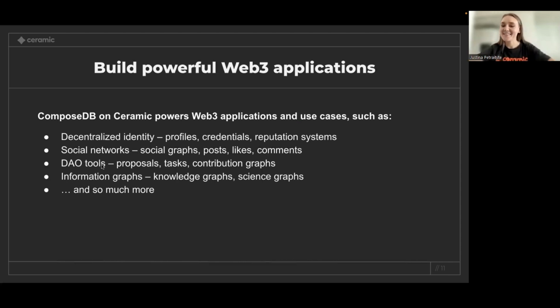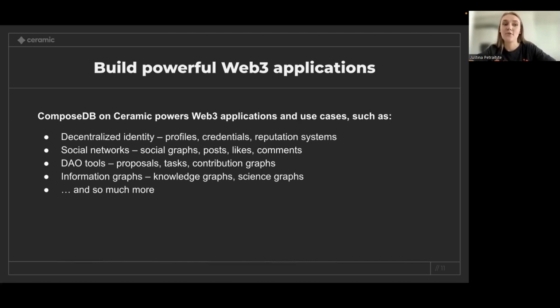Then DAO tooling is another very important piece. And again, that's the reason why we are partnering with Aragon for this hackathon, because we would like to see more of these kinds of applications built. So tools that make it easier to manage proposals, tasks, contribution graphs, and to make sure that developers that are part of different organizations can be recognized for the work that they do.